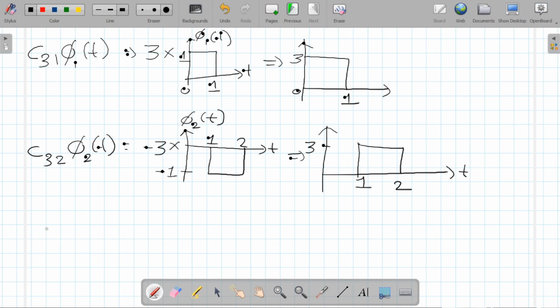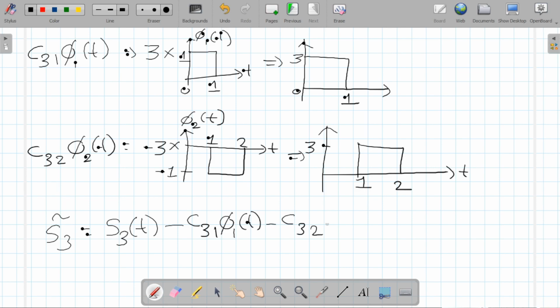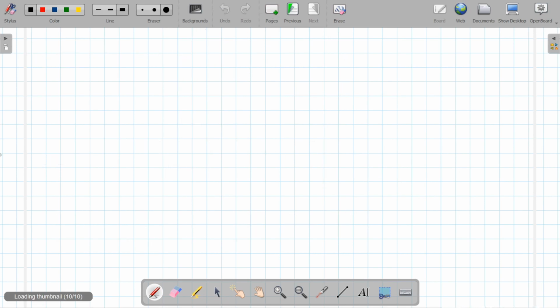Now we are going to subtract from S3. In order to get S3 tilde, we need to use this equation: S3 of t minus C31 phi 1 of t minus C32 phi 2 of t. Now we have every value in this equation, so we will subtract. First of all, what is S3 of t? S3 of t is defined from 0 to 3